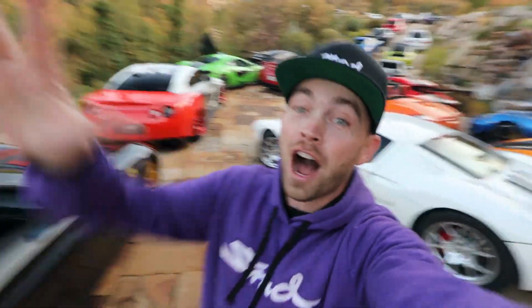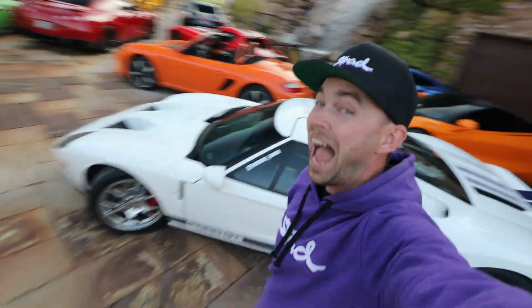The landscaping here is second to none. Check this out. He's got multiple waterfalls. I wish I could have a waterfall in my house, but I can't afford it. We're getting wet. We're good. The first time we came to this house was like 3 years ago. We had 5 cars, and check this out right here. I had my Camel Gallardo with a ski box way back in the day, pre-twin turbo, and now we have